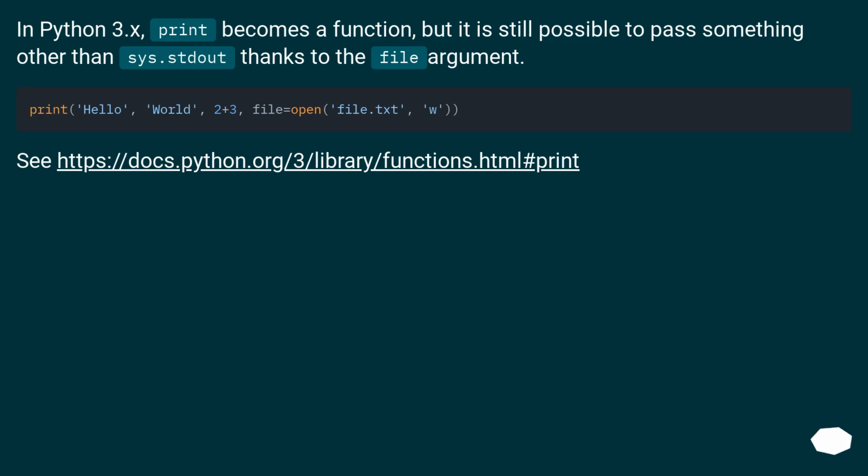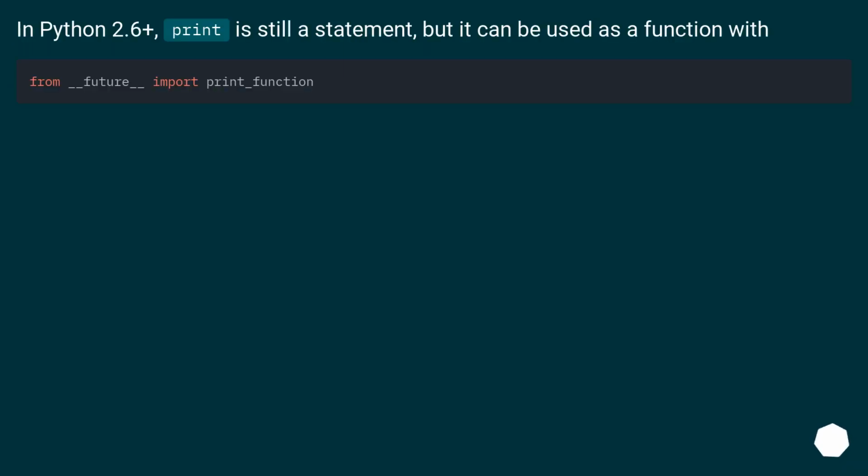In Python 3.x, print becomes a function, but it is still possible to pass something other than sys.stdout thanks to the file argument. See this URL. In Python 2.6+, print is still a statement, but it can be used as a function with